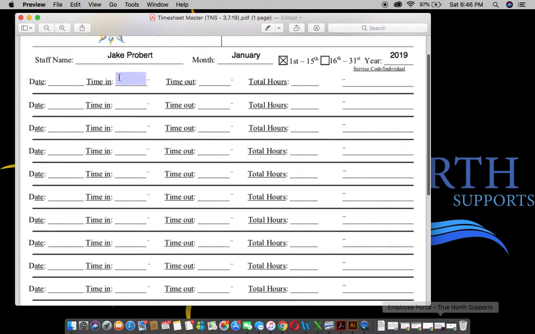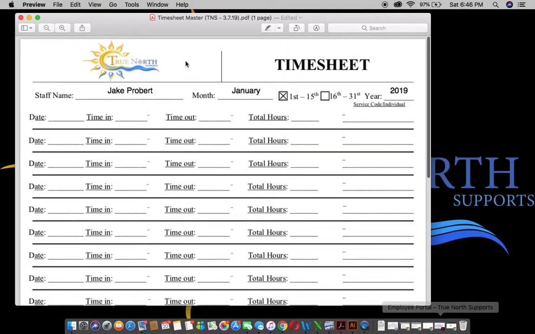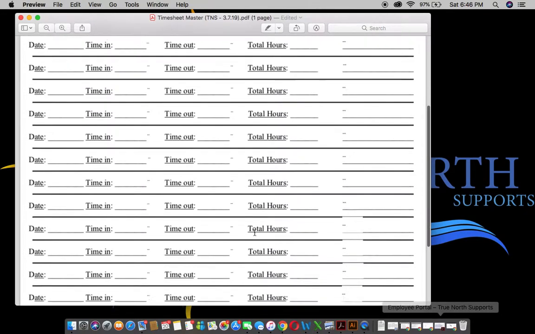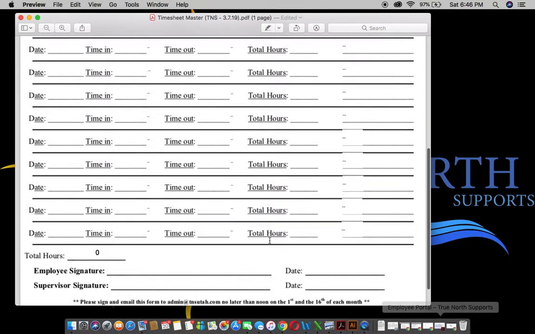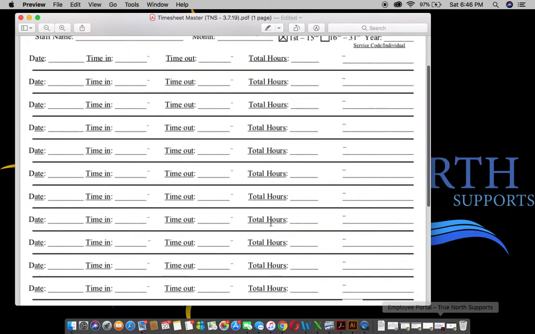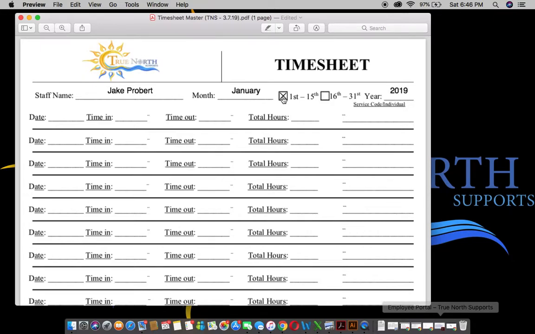These shifts right here, I want you to know the timesheet is all about you. It doesn't matter what shifts, how many shifts, what clients you work with. If you work with 14 different clients in one pay period, all of your shifts go on a timesheet. If they go beyond this many shifts, you will start a second timesheet and fill out a second timesheet for the same pay period and turn that in together